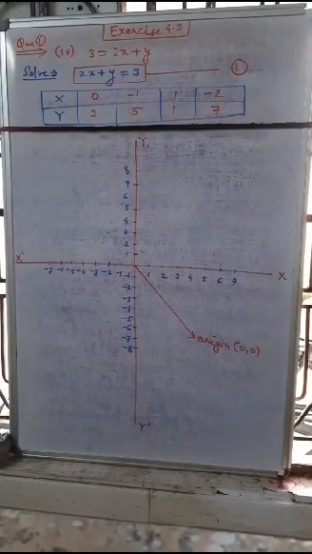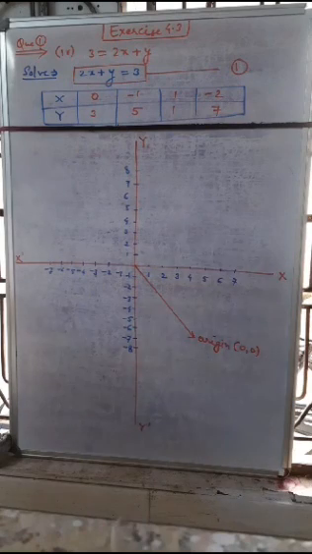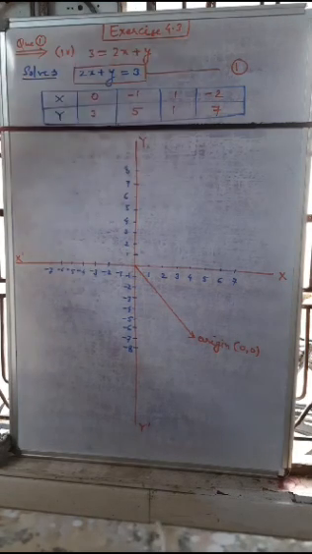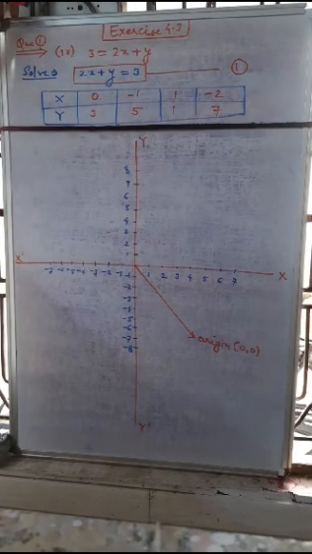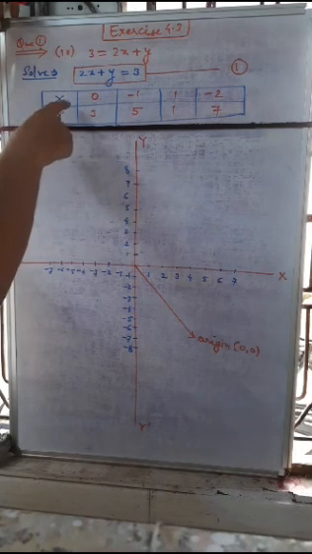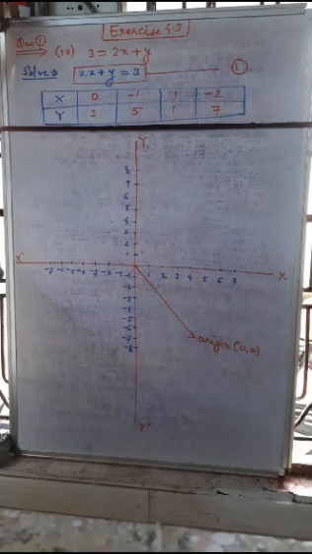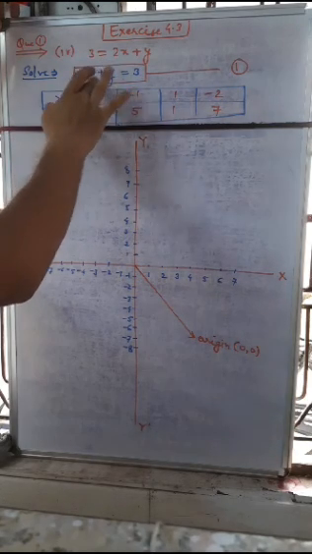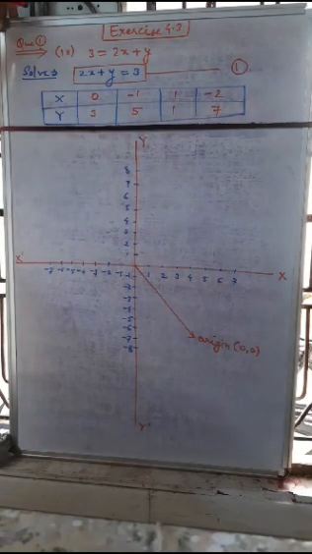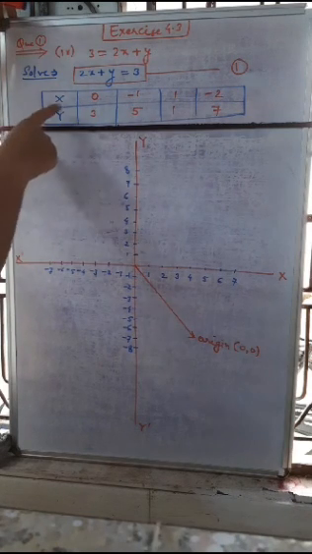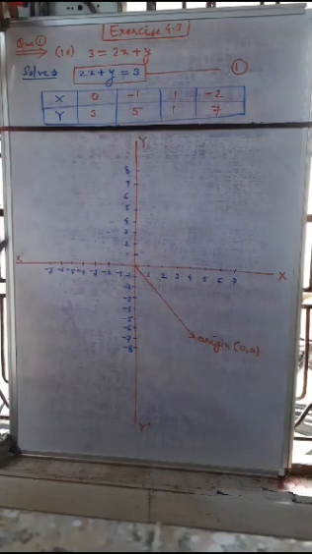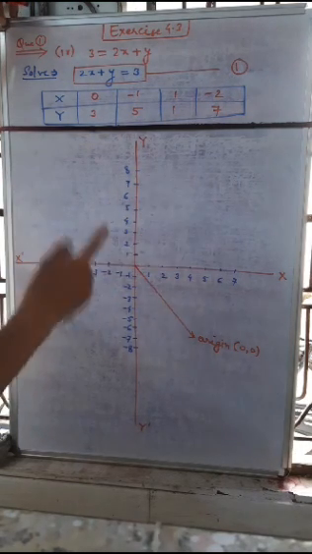Students, now we will draw the graph of the given equation 2x plus y is equal to 3. So this is equation number 1. We have assumed a value when finding x or y by putting the value in the equation, and we are getting the other in the next step. So it is the construction of the table. So having constructed the table, we need to draw the graph.